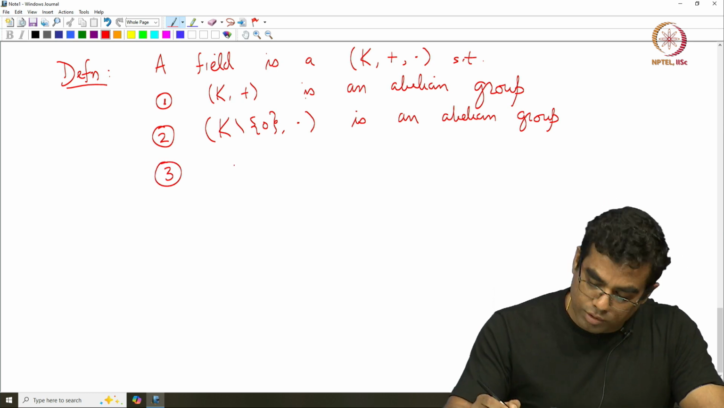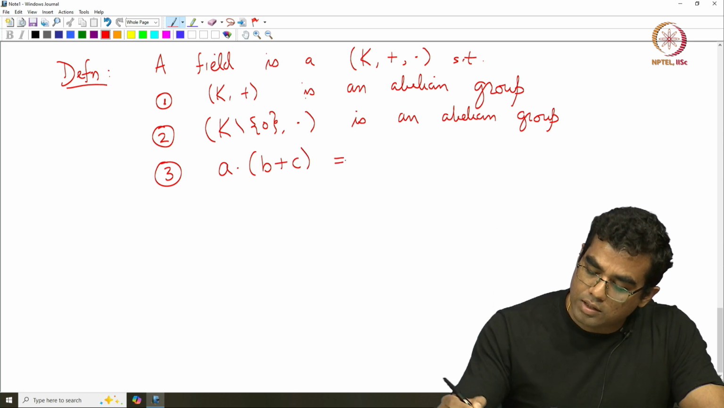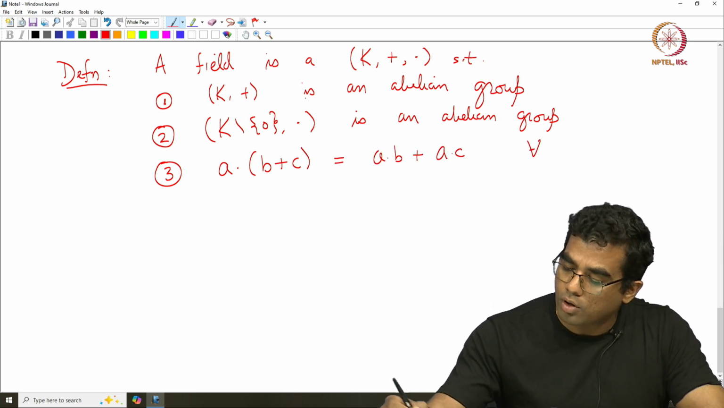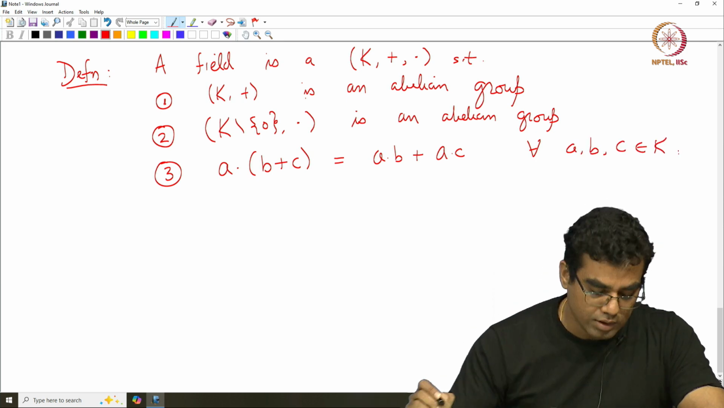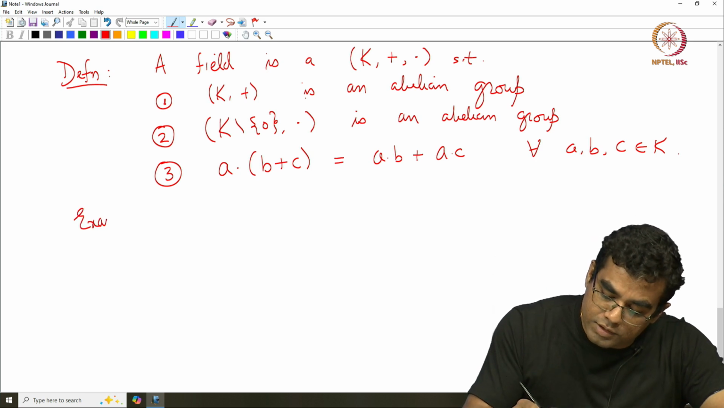And there is a distributive property. So, A times (B plus C) is the same as A times B plus A times C, for all A, B and C in K. So, this is what a field is, and of course, the familiar examples of fields